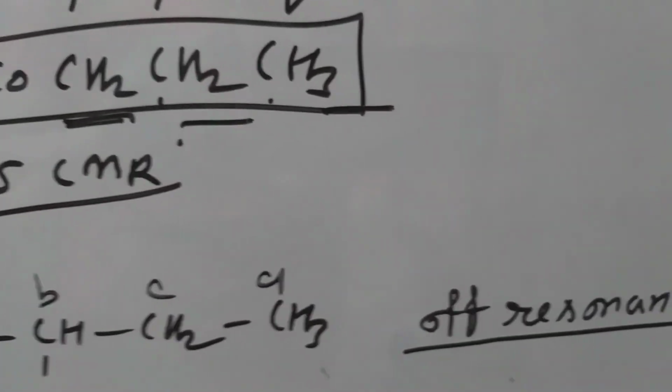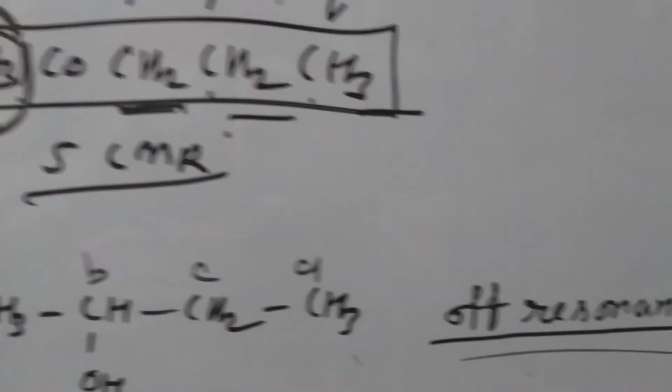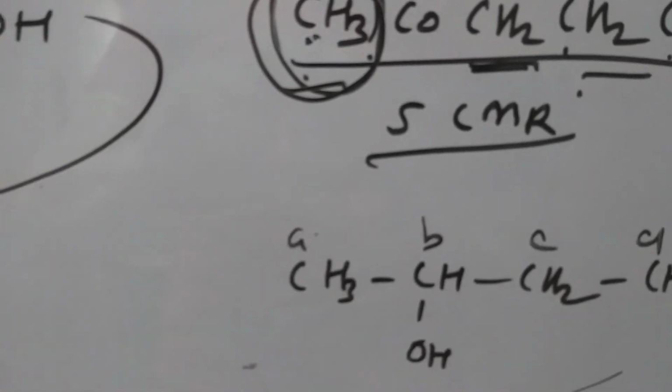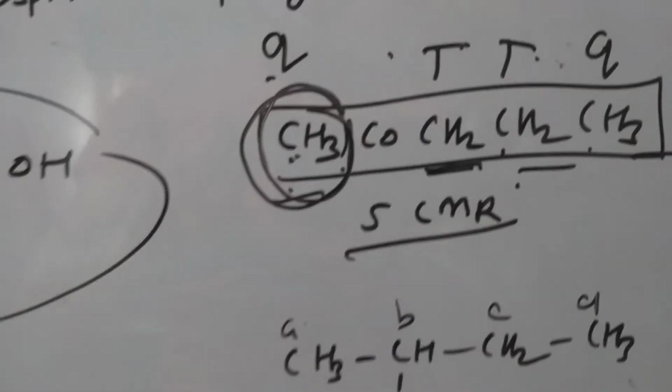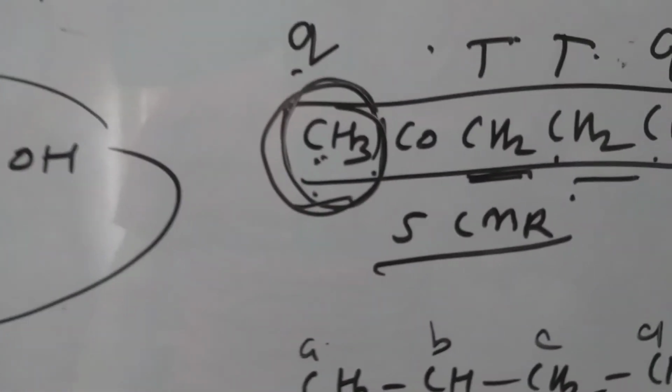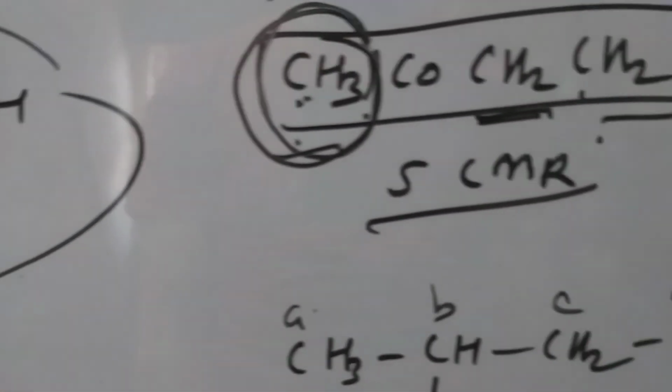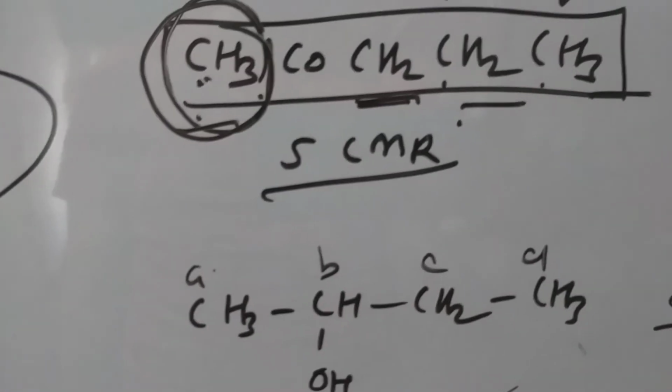But we can alternatively use the off resonance technique as well, in which the coupling to the hydrogen atom attached directly to carbon is not eliminated, and only the coupling to the next hydrogen is eliminated.